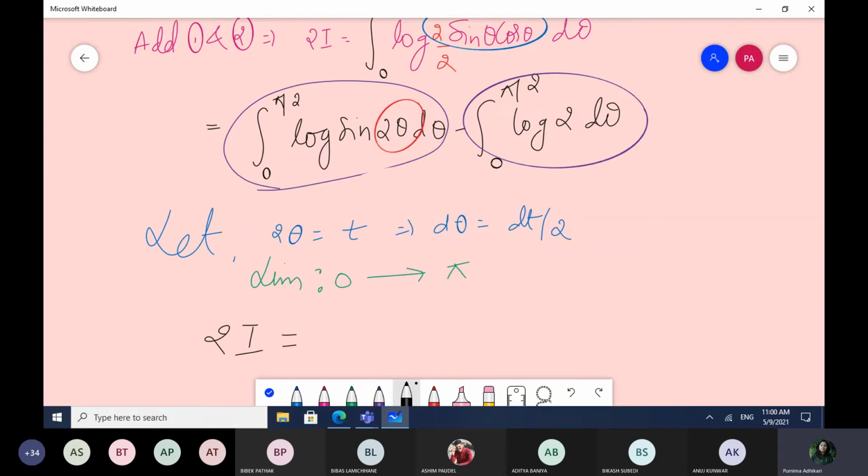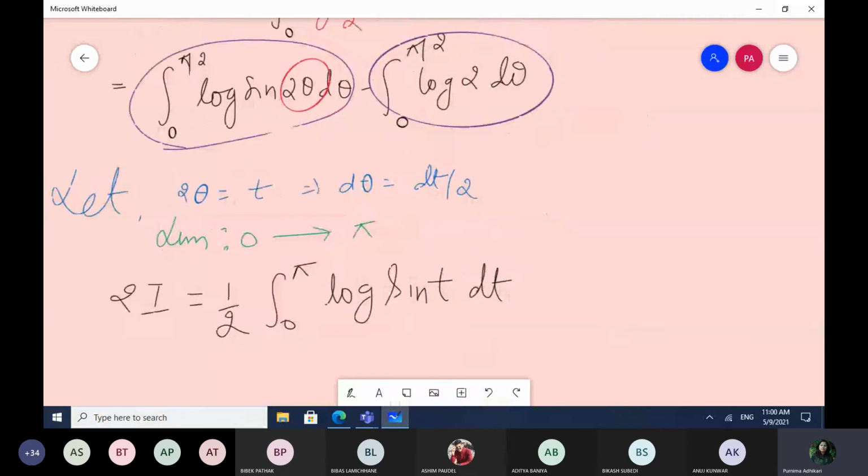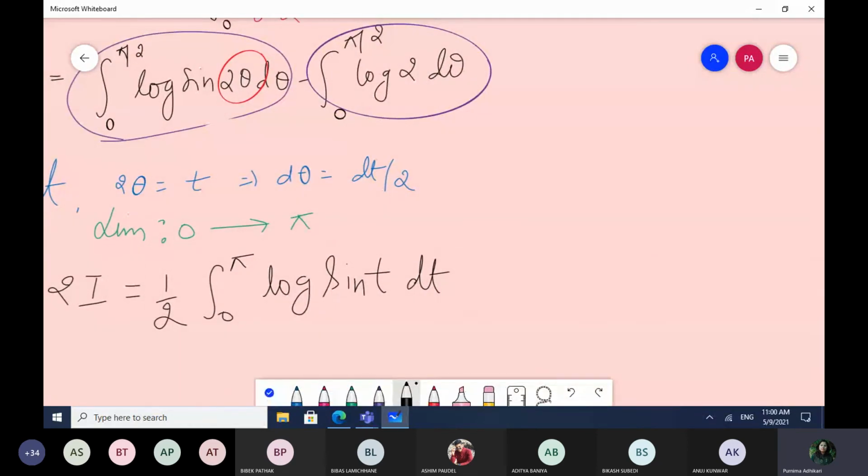Okay, 2I is equal to integral from 0 to pi, your new limits of integration, of log sin t, in place of sin 2 theta, sin t, and in place of d theta, dt divided by 2, minus